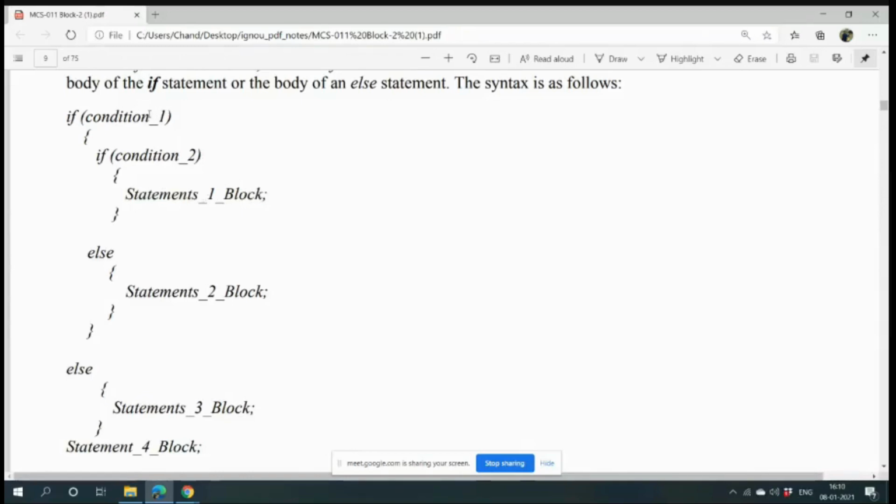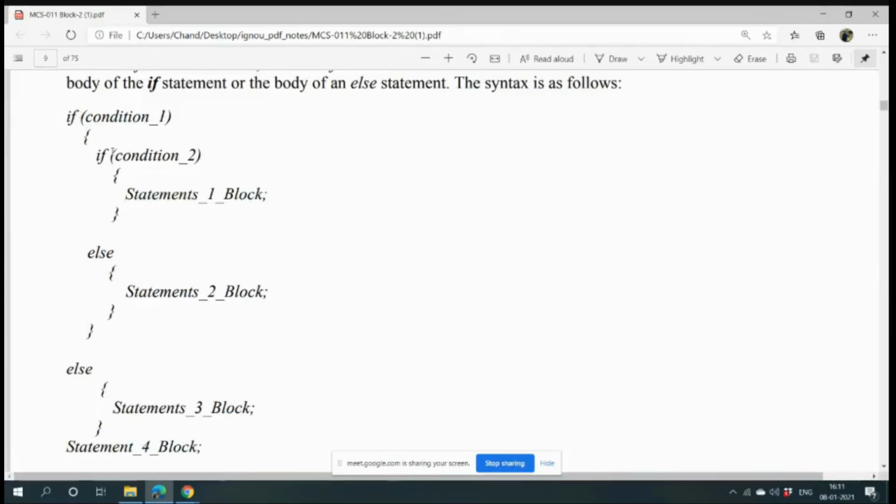But if condition 1 is true and 2 is false, then this statement will be executed. So tell me once, in which line is this if being closed? Last, here it is closed.